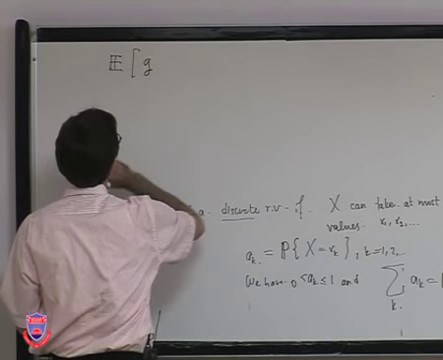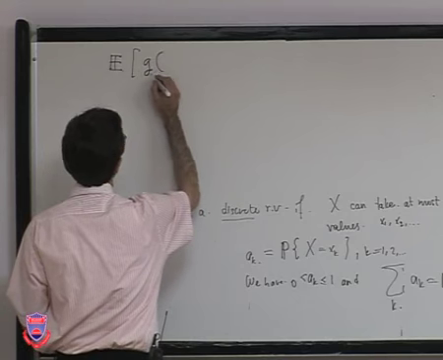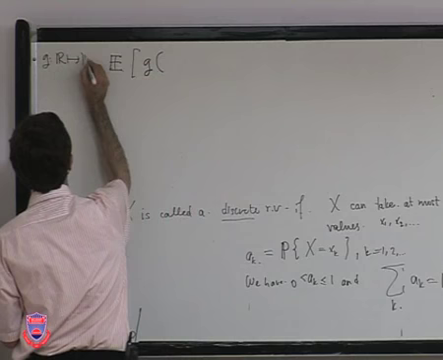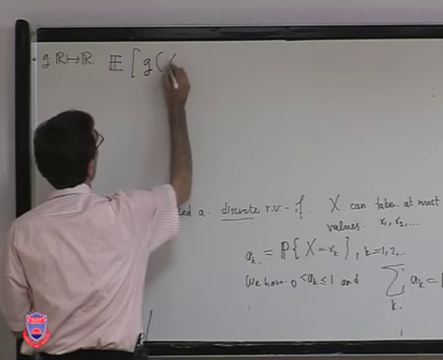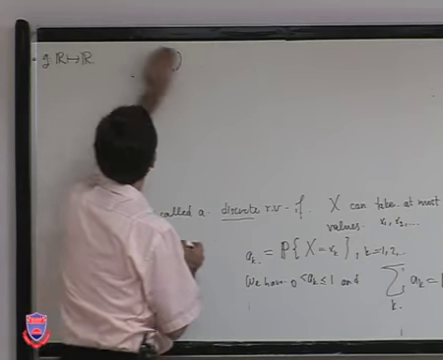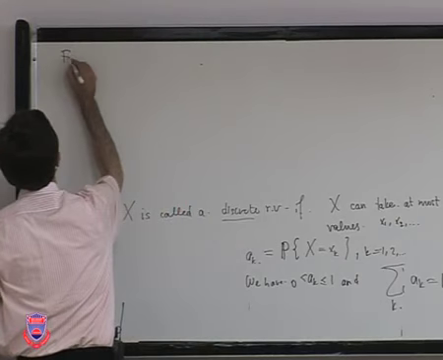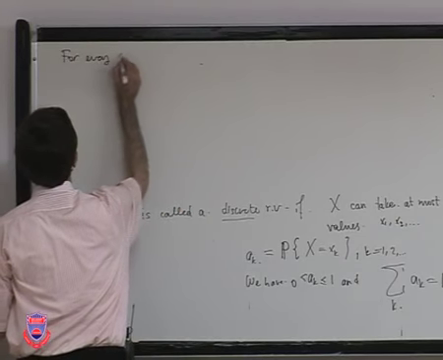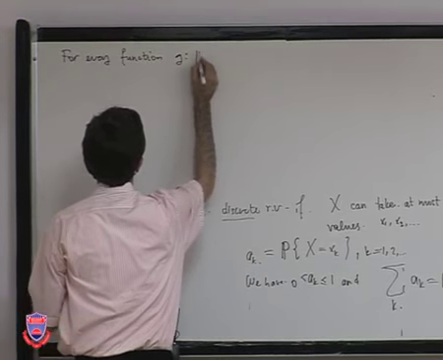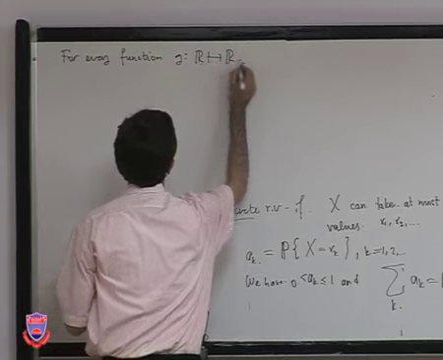If you are given a real valued function g, so g is a function from R to R, for every function g from R to R,